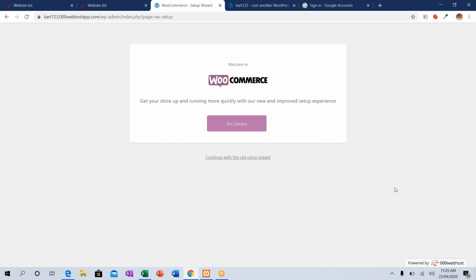Go to Plugins, installed plugins. You have the option called installed plugins, right? Yes, ma'am. Just click on it. You can see all the installed plugins there, right? First activate the Access Plus social share. After that, activate your WooCommerce. After activating WooCommerce, you will get this particular layout. Okay, Nityashri? Okay, great. After you get this layout, just click yes, please. We are going to set up our store now.